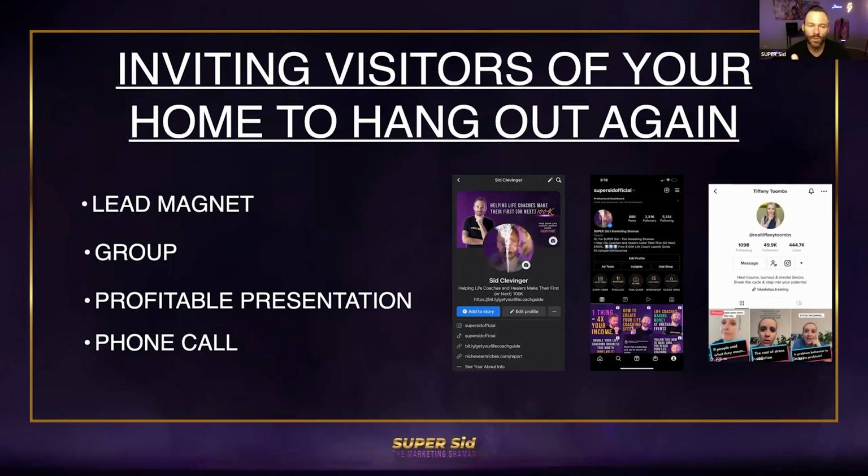Now, what does this do? When people opt into a lead magnet, get into a group, register to come to a presentation, we have their information. That means we can purposely communicate with them now. We don't have to hope that they come by our profile. We don't have to hope that they see a post, right? We can purposely send them an email. That email can get delivered. They can get notified on the little phone, and then it can say, hey,